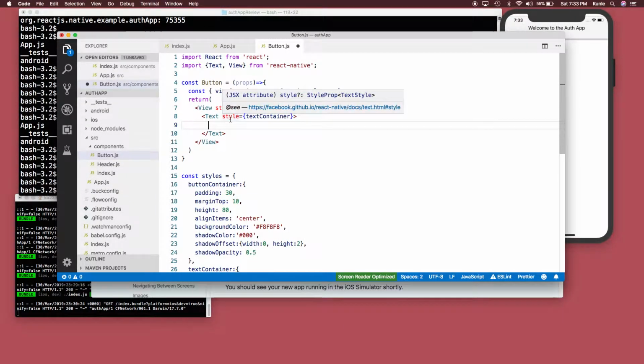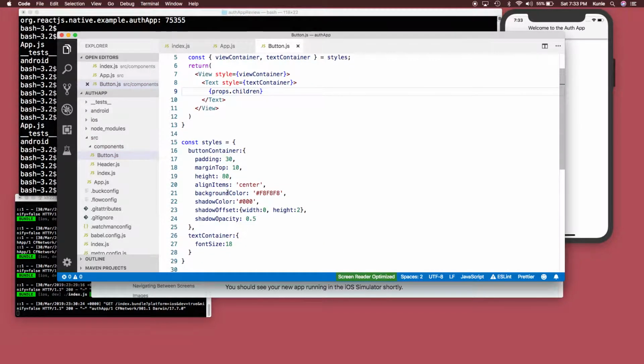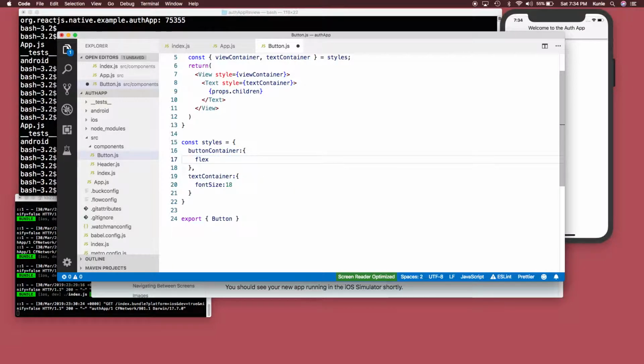So one of the props is children. It passes everything in. So things that we need for the button to work. Honestly, I think it should. I think it would work now. We can test it out. We don't need a lot of these things that we have here. Shadow opacity and things like that. We don't even need padding, but we can have a flex of 1 though, because we can